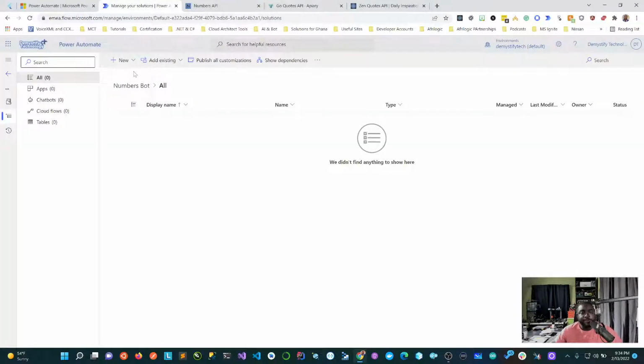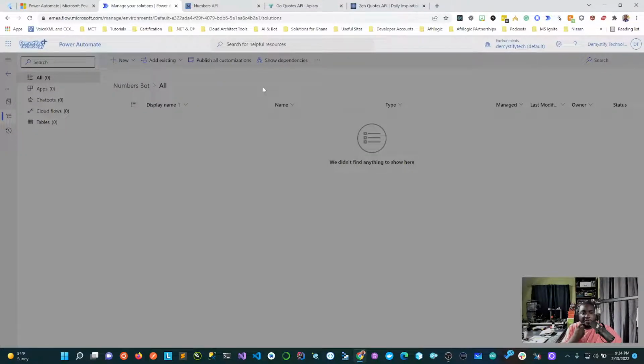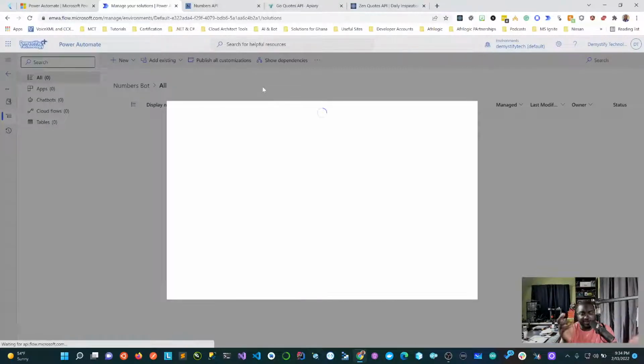So let's come here. Here, we're going to add our first flow automation. It's going to be a cloud flow, an automated cloud flow. All right. So the first thing you're going to do, as you've seen, Power Automate is a low code, no code, visual editor. So you're going to drag things and drop things. Like I said, this is not a beginner's guide to Power Automate. This is just a general conversation. I've done this several times. If you want to follow how to go back, make sure you subscribe to the channel, and then go check out the how-to steps. So let's do this.